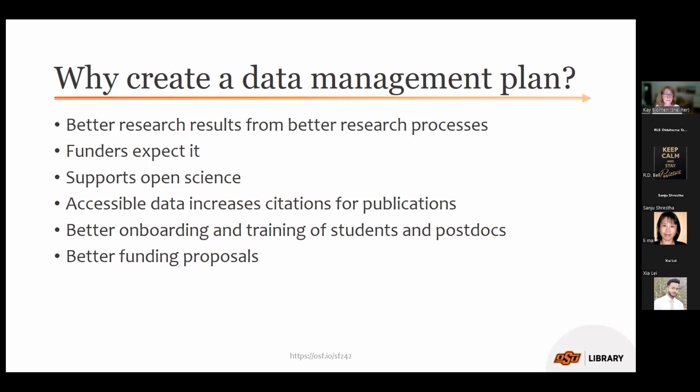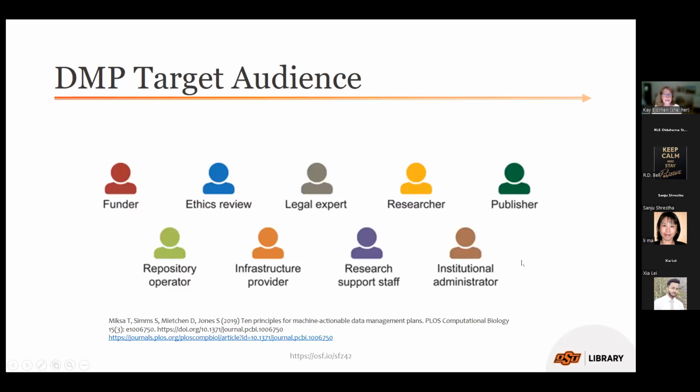And probably the most important for our purposes today is to think about better funding proposals. So one thing I want you to think about before we get started here is that a DMP isn't just sent off into a black hole. DMPs are really important for a lot of stakeholders. And so this little diagram here, which comes from our 10 principles for machine actionable data management plans, and we'll look at that